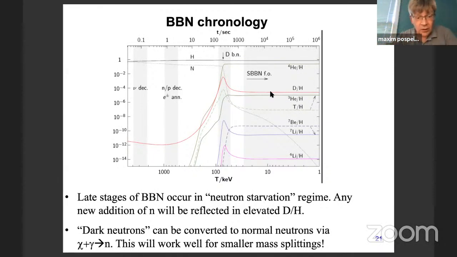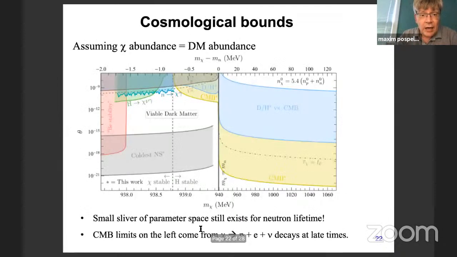So in principle, if you have a chi fermion very close in mass to n, there could be inverse excitations where thermally the gammas will overcome the Boltzmann barrier and excite chi's into n's, and that will end up in extra deuterium, for example. So this is a very powerful probe, and we try to put this together